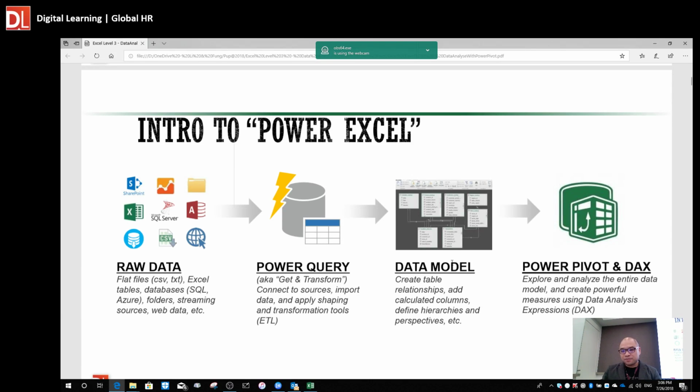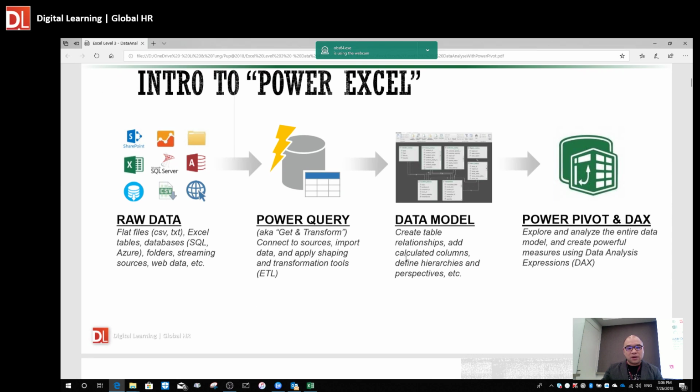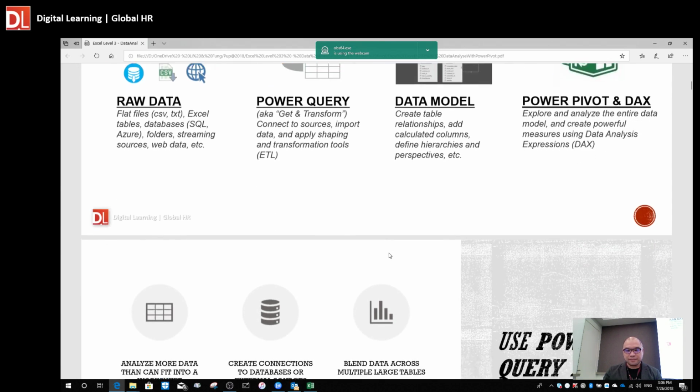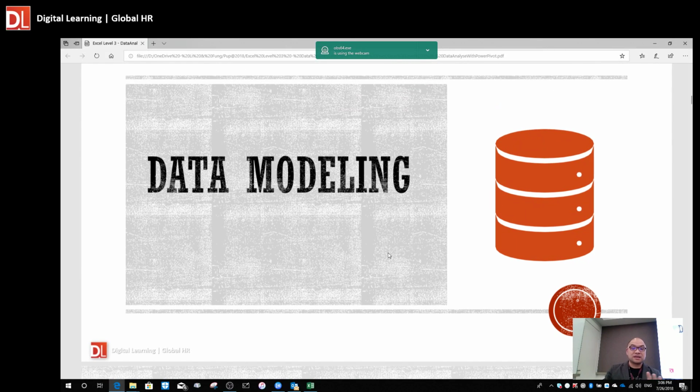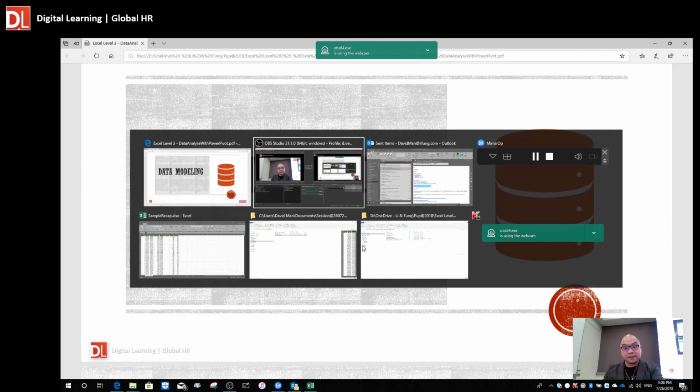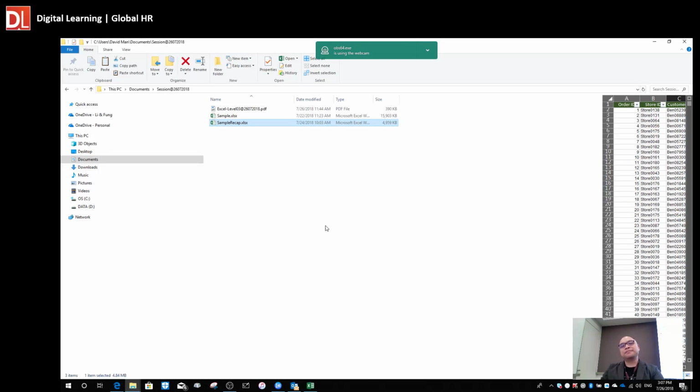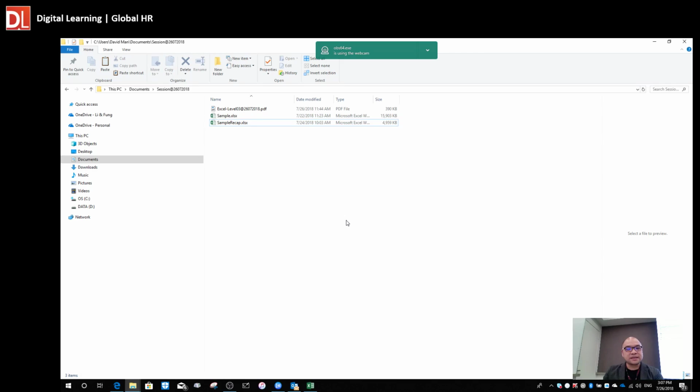Okay, so let's have a look here. Let's have a look at what data modeling is. In order to let you know more about what data modeling is, maybe we kickstart from an example first. I have already sent you an Excel file, right? The name of the Excel file is